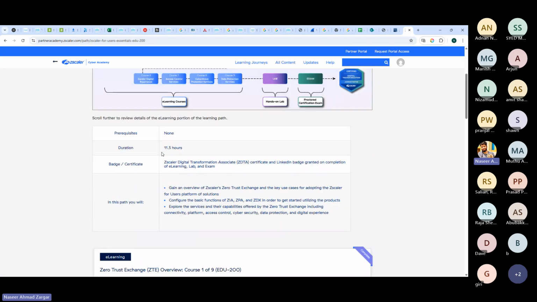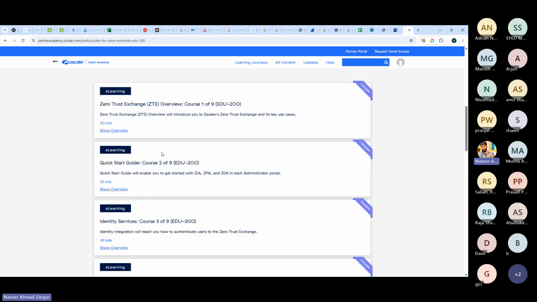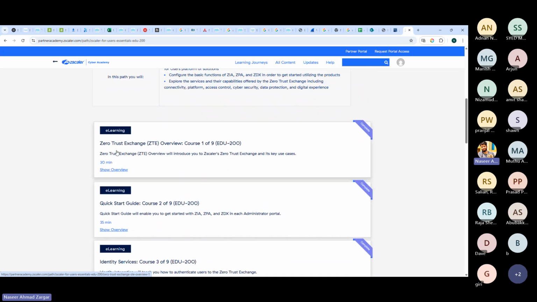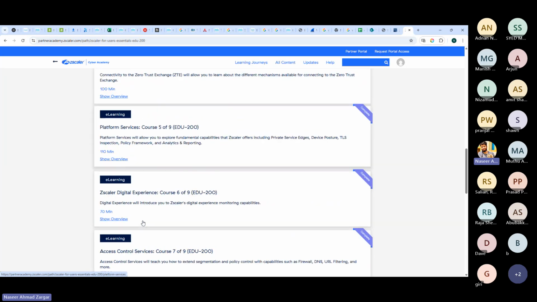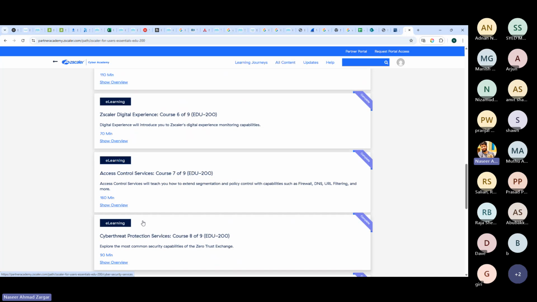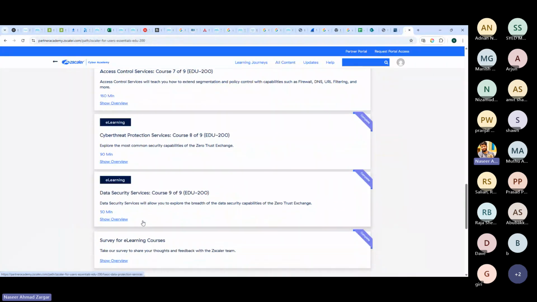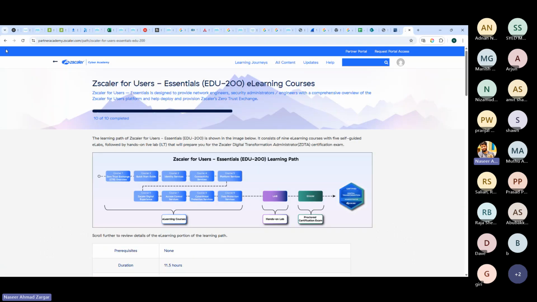So not more than, I said not more than 11 hours, so not more than 11.5 hours. These are basically the modules: Zero Trust Exchange, what it basically means, identity services, connectivity services, platform services, Zscaler digital experience, access control services, cyber threat protection services, data security services, and survey, right? So once you're done with this, what you do is